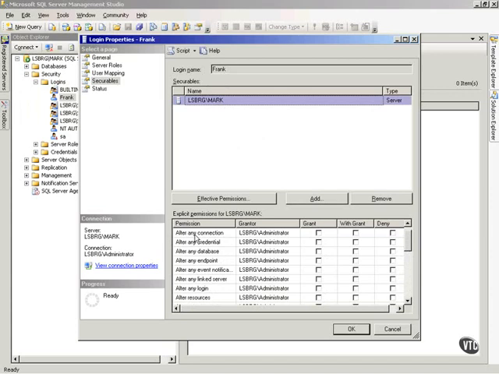I'll just read a few of them. Alter any connection, alter any database, alter any login. Notice connect to SQL Server. Shut down the SQL Server, view any database. And so notice I can go through here and grant these various